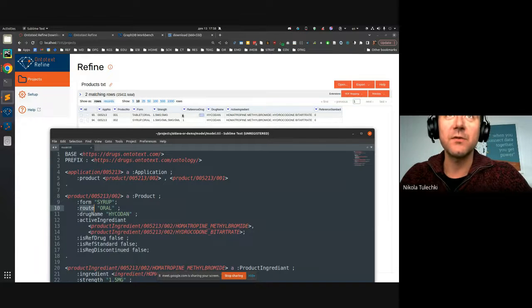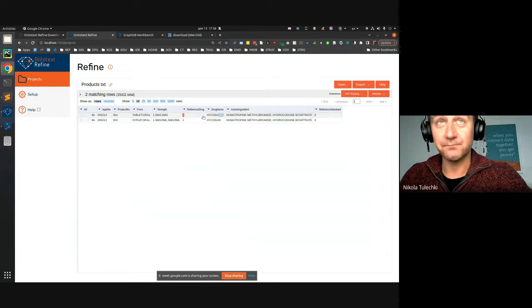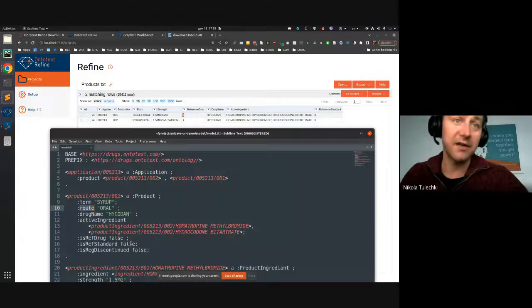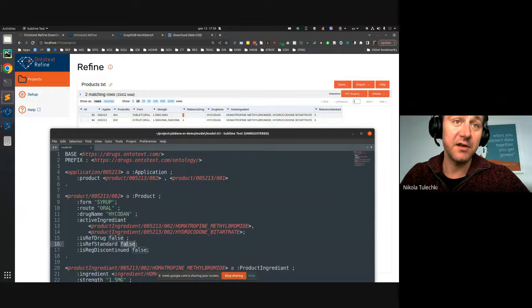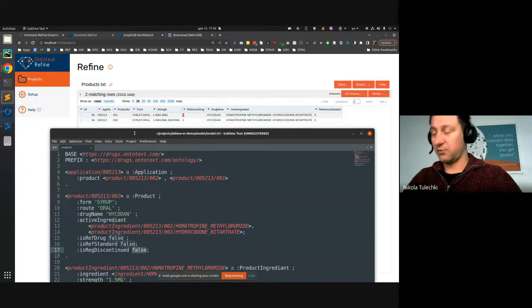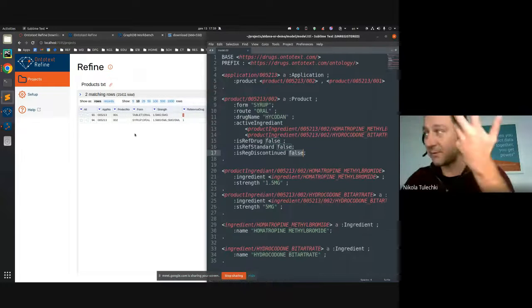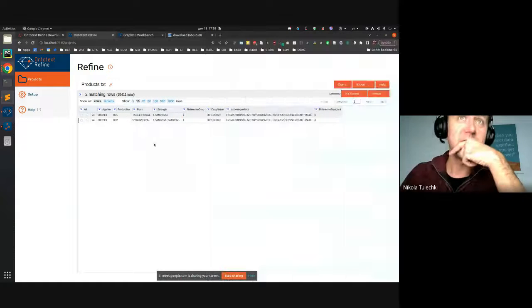And also I have this information here, the reference drug, which are Boolean values, which I have to represent in the right way, which is using Boolean values in the RDF. Okay, so let me show you how I'm going to do this. So first step is to work on the table. So the table, I'm going to first split this thing here